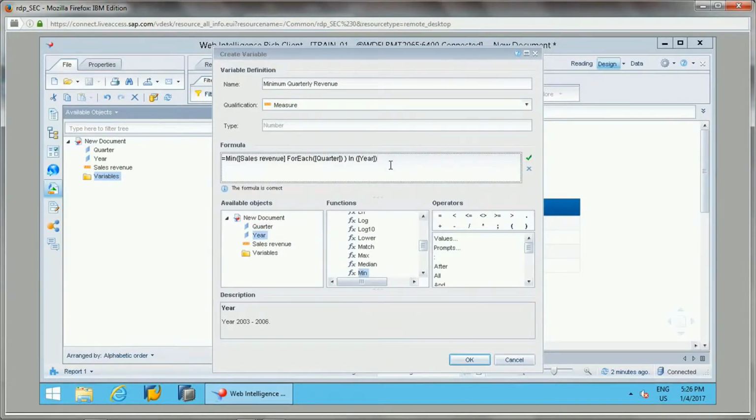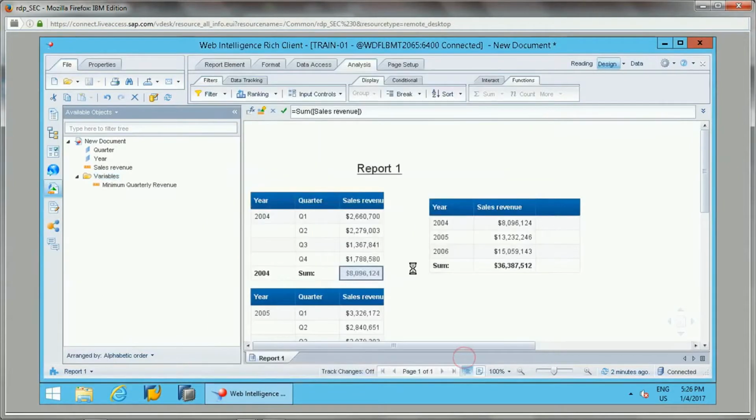In this way, we are telling the business intelligence server that I want the minimum sales revenue for each quarter, output by year. So in a year I want to calculate the minimum revenue for each quarter. Let's click OK.